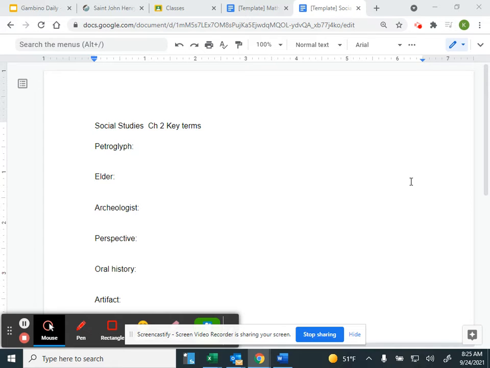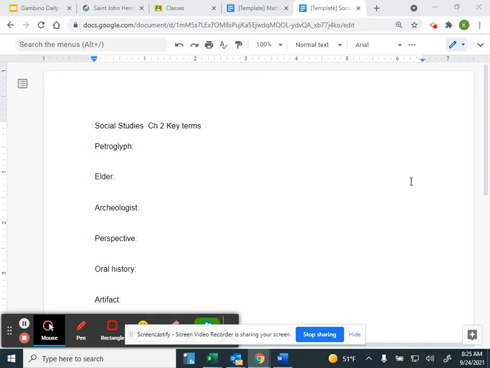Okay, today we're going to keep working on chapter 2. I put up our vocab words there to give us a reminder. It's been a few days since we've done social studies from our book. We did bus safety, we've done testing, so it's been a little while. So I want us to get back into that historian mode that we were in a few days ago. Look at some of those key terms that we've talked about with social studies.